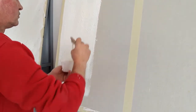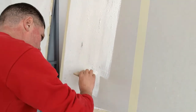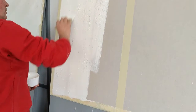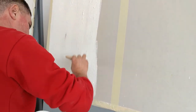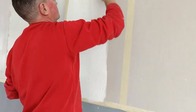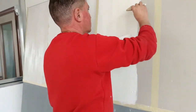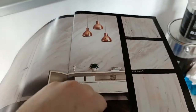Always by brush, up, down, right, left, whatever you prefer. And then maybe you can invent some new kind of application. This product is open to creativity. Although we also can give some rules, which are basic rules, and they will help you to obtain the effect which is in the catalog. About the catalog, I was telling you, each page is different